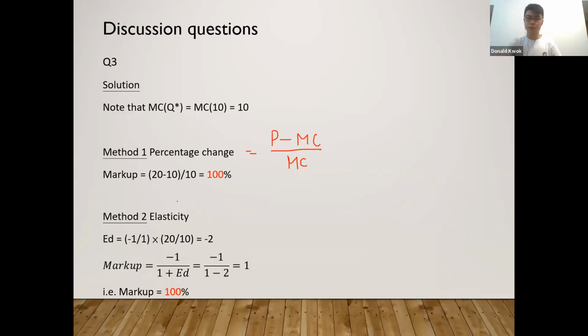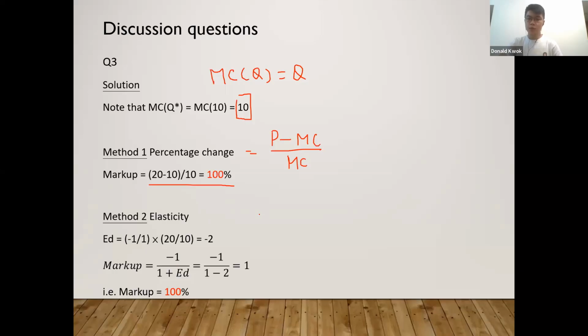So let's start with method 1 first. So we have the profit maximizing price as 20, and what is unknown is the marginal cost at the profit maximizing quantity. The marginal cost of the Q unit equals to Q, as mentioned in the question. So this is why the marginal cost of the 10th unit, the profit maximizing quantity, will simply be 10. And now we are ready to calculate that. Profit maximizing price 20 and the marginal cost is 10. Then we can calculate the markup as follows, 100%.